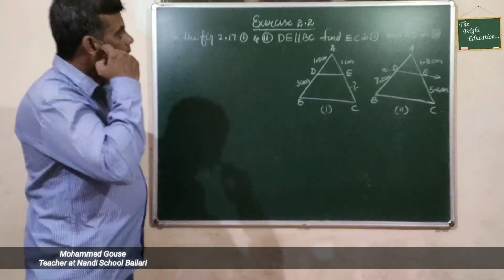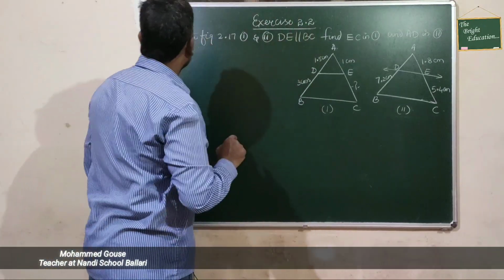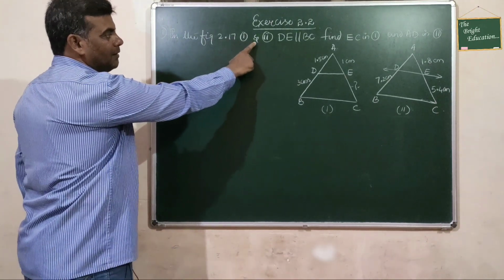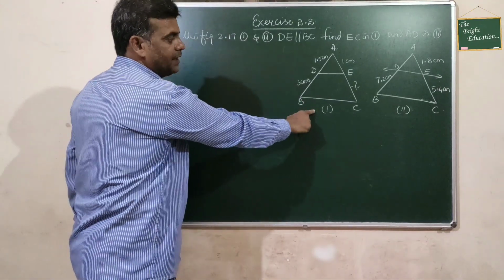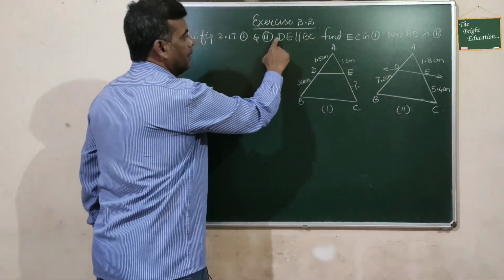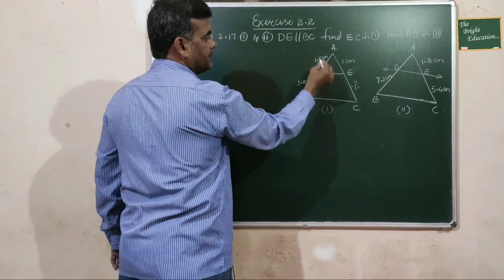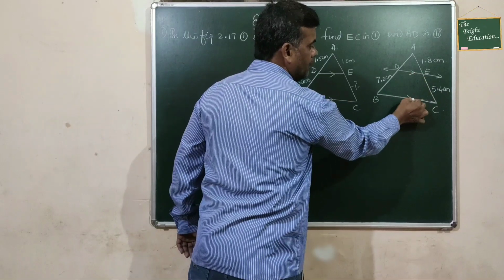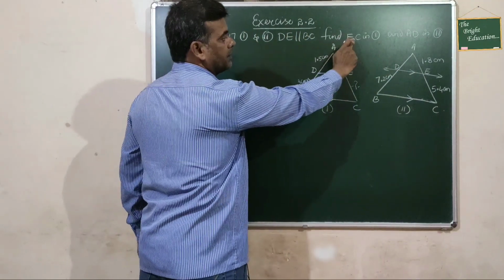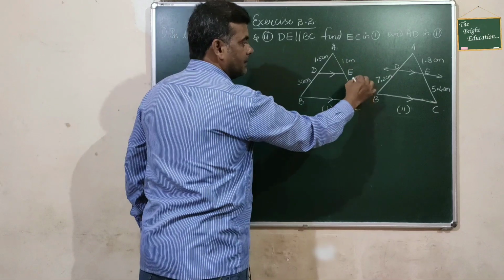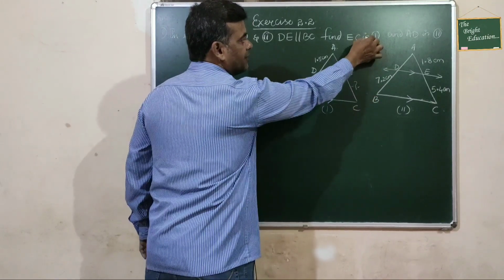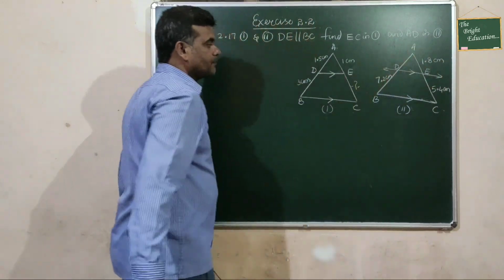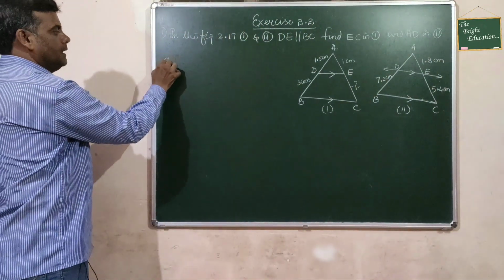Students, in Exercise 2.2, the first problem, in Figure 2.171, first figure and second figure, DE is parallel to BC. Here also DE is parallel to BC. So we have to find EC. The length of EC we have to calculate in the first figure, and the length of AD to be calculated in the second figure. So in the solution part,